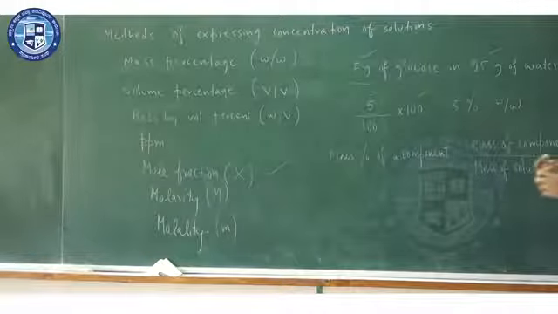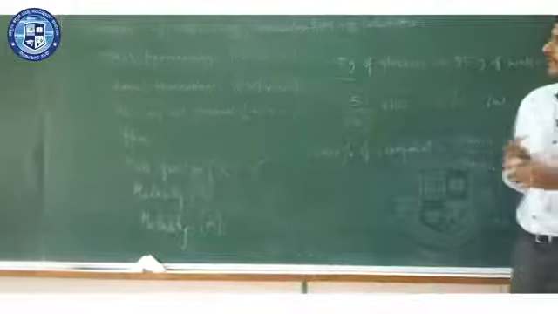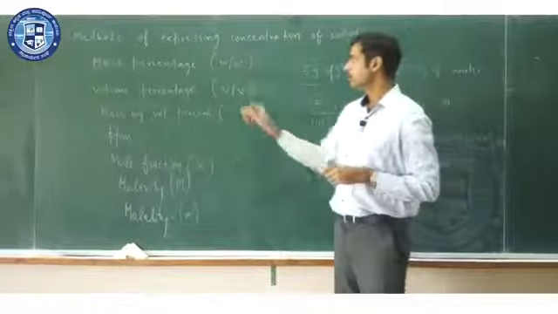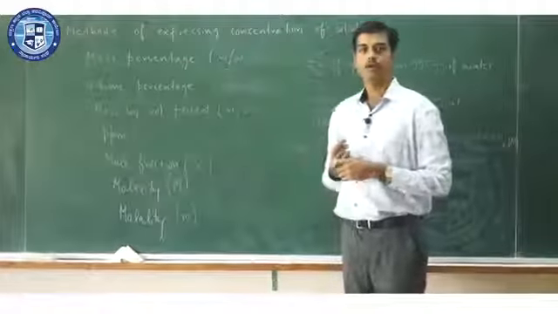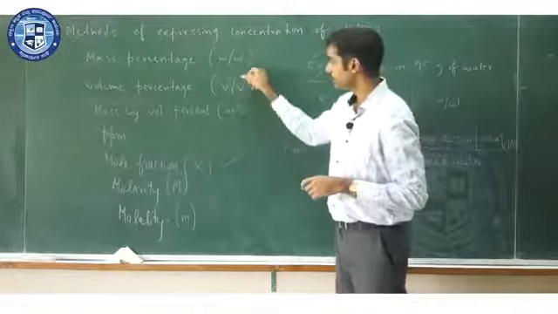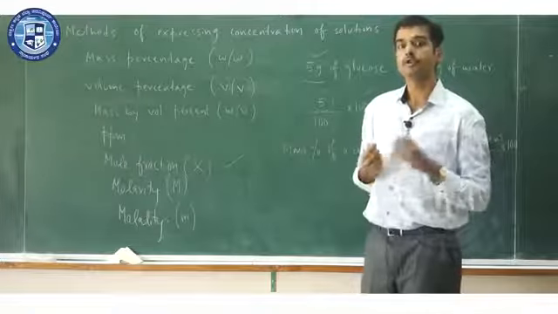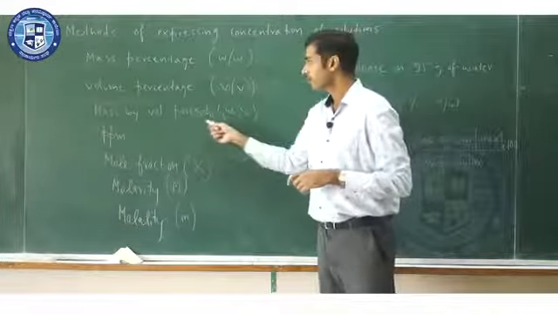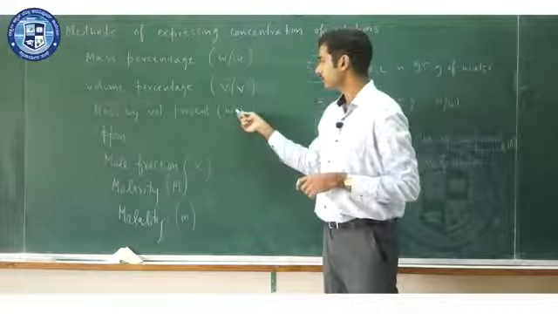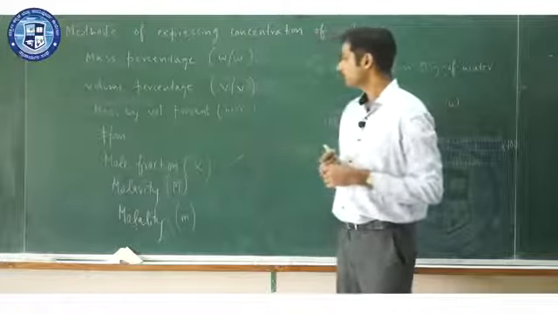Just like you have concentration expressed in terms of mass percentage, you can express it in terms of volume percent also. The only difference will be the volume of solute is expressed in milliliter or centimeter cube. Even the volume of solution is expressed in milliliter or centimeter cube, in units of volume. In mass by volume percent also, you have mass expressed for solute, whereas volume for the solution.